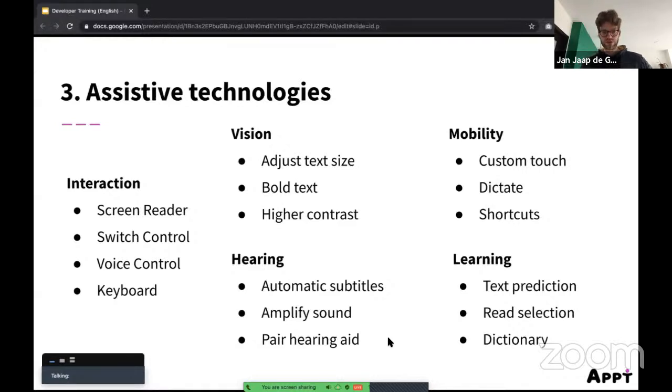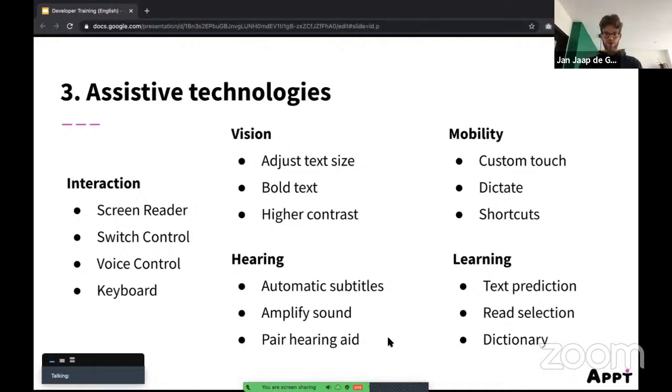And then something that's important also to consider, that some people, they connect a keyboard to their smartphone. And it's possible to control your smartphone with a keyboard. So you can use the arrow keys, also the tab button and the enter button to interact with an app. So some people, for example, that have maybe motoric disabilities, maybe they're not able to move their fingers and touch something on the screen, but maybe they are able to press an arrow key on the keyboard. So for them, it's important to realize that some people, they don't use touch to interact with an app, but they use a different way to interact.